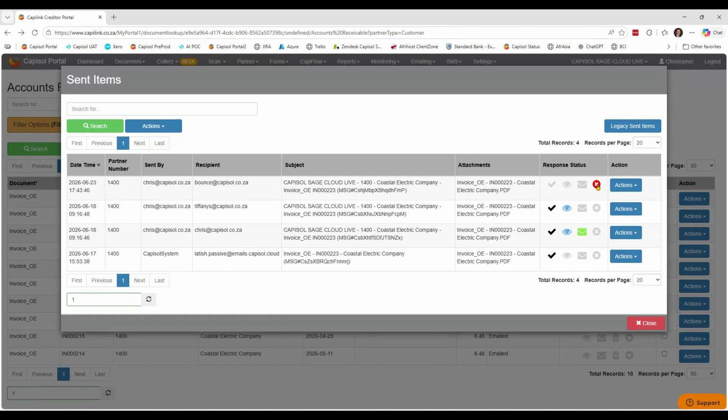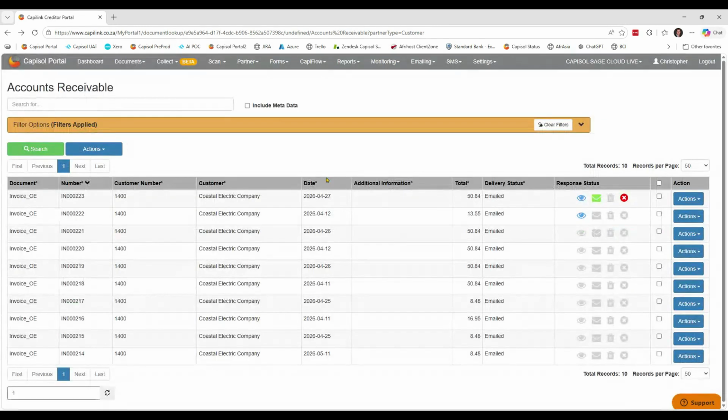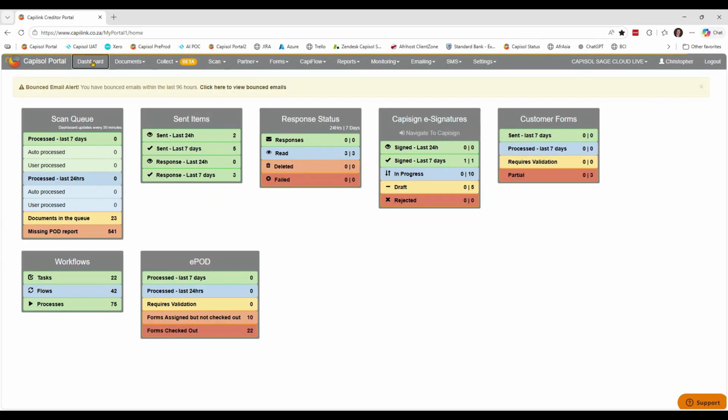The last section is the bounce status. When you log in, you'll be taken through to the dashboard and immediately you will get an alert that you have bounced emails in the last 96 hours. We have added functionality to make it easy for you to be able to see if you have emails that are failing. And by clicking on here, you will be directed to the bounce report, which confirms, in this case,